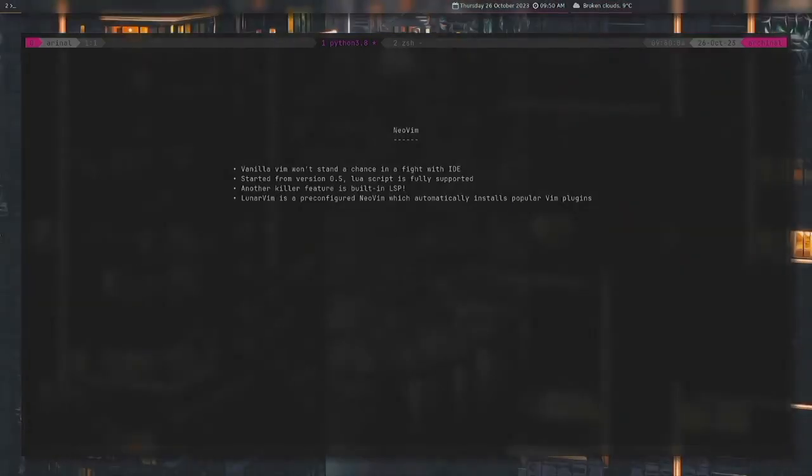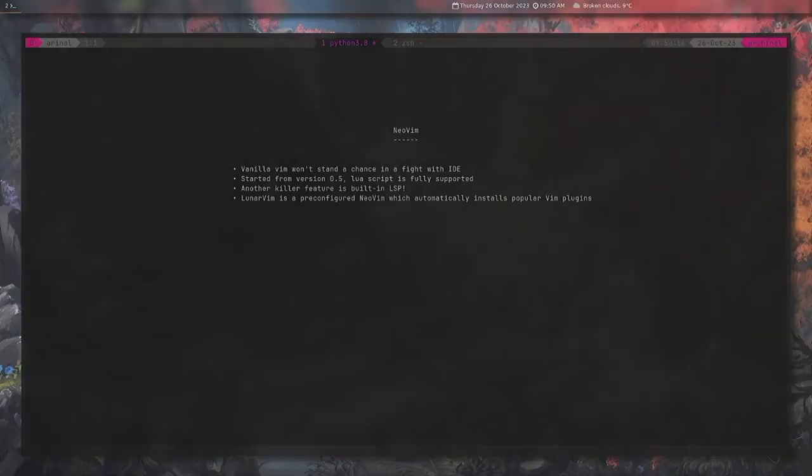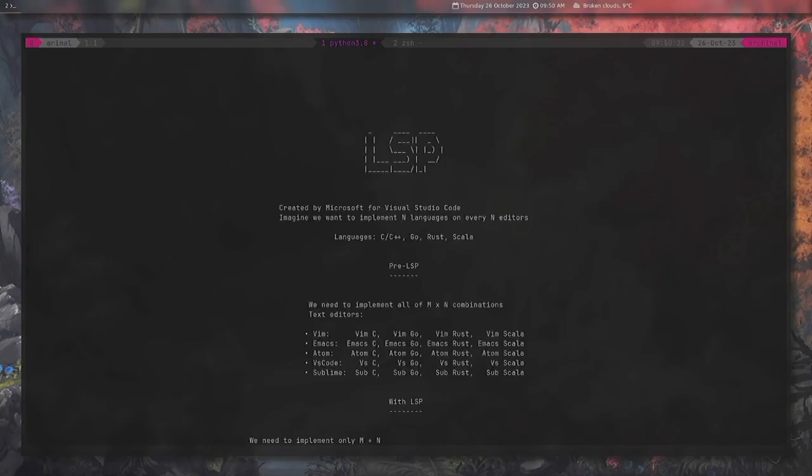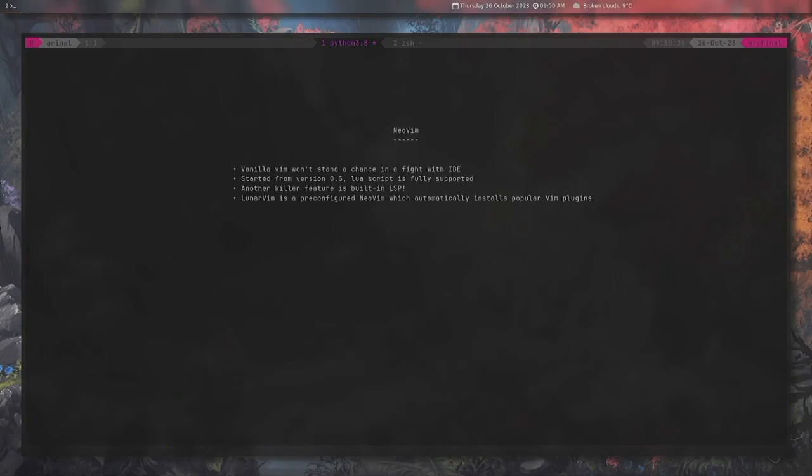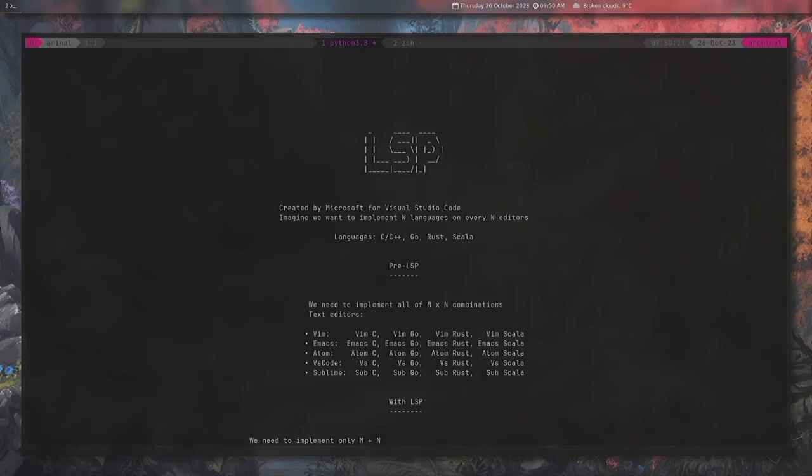So yeah, this is Neo Vim, okay? Of course, if you install Neo Vim without any plugins, it won't be any good. So after you install Neo Vim, you should still do something else. And then I will tell you something about the LSP, because I want to demo programming in Vim, okay? But before we can do any kind of real-world programming,